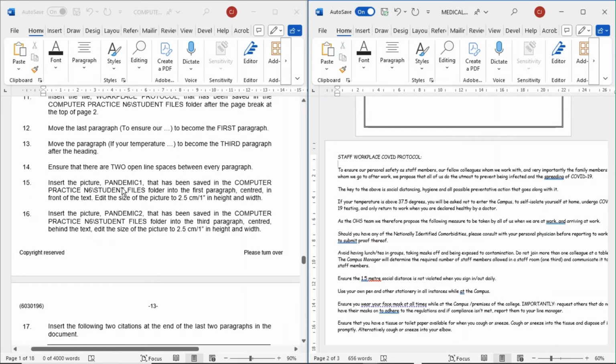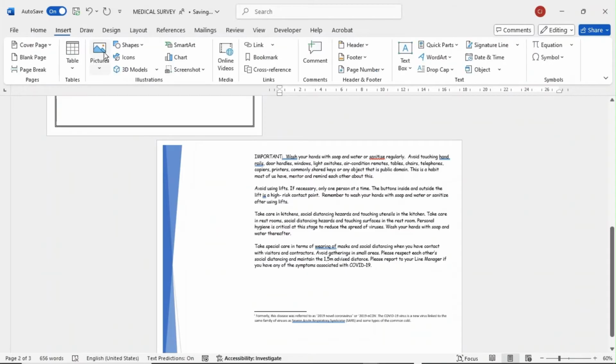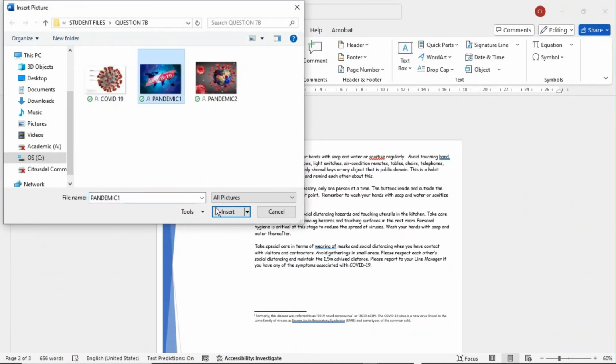Insert a picture pandemic that has been saved in the computer practice folder in the first paragraph, centered in front of the text. Edit the size to, okay, so pandemic 1. Go to insert, picture, this device, pandemic 1.